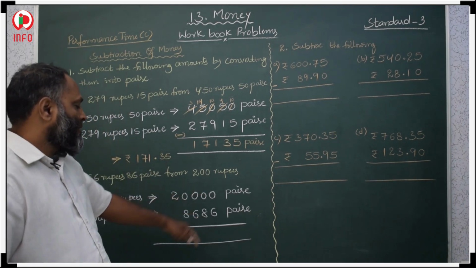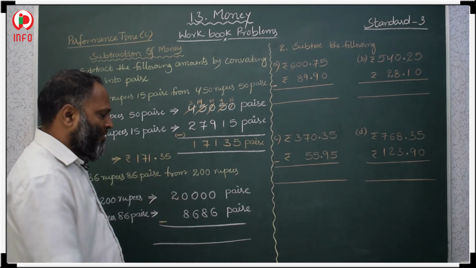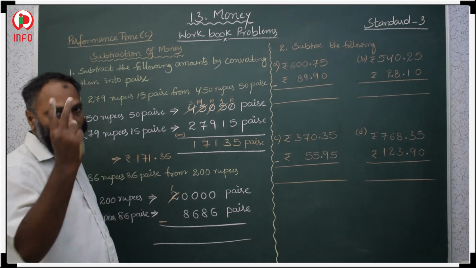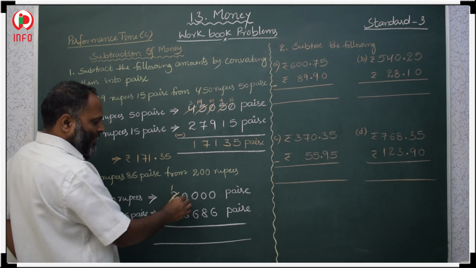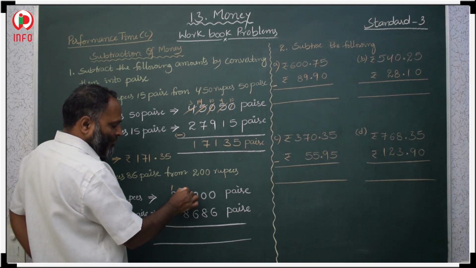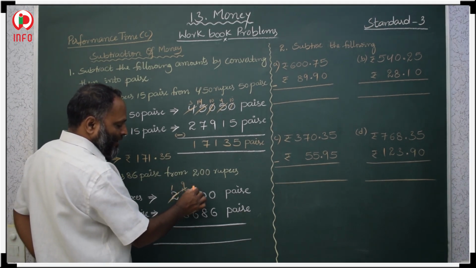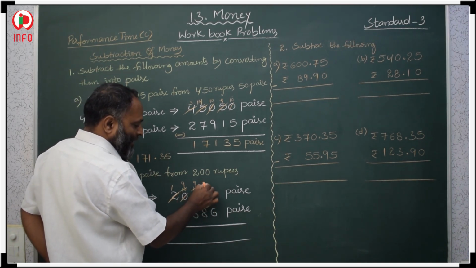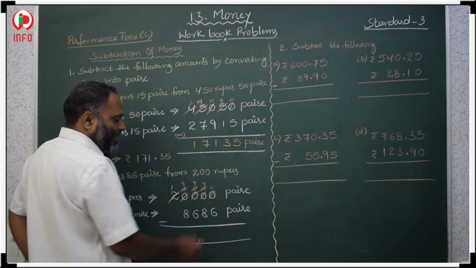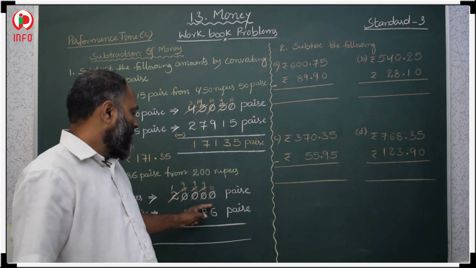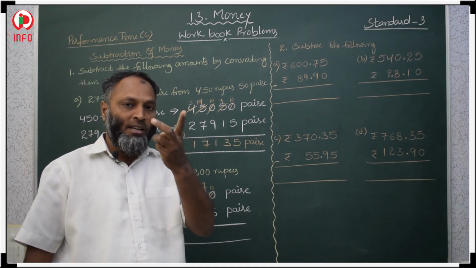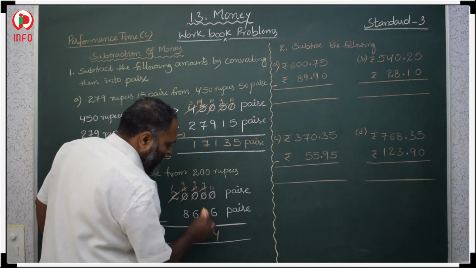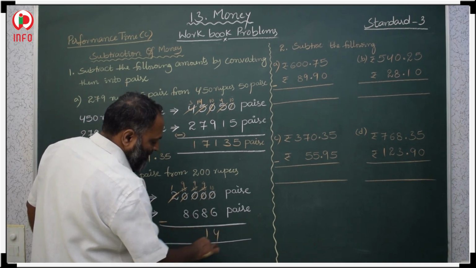Here all are zeros now, so we cannot subtract, so borrow from here. If you borrow from here, you will decrease by 1, means 2 decreases by 1, so you get 1. Here you will get 10. Again borrow from here, you will get 9 here and 10. The same again, 9 here and 10 here. Again 9 here and 10 here. 10 minus 6 means 7 to 10 we have to count: 7, 8, 9, 10. It is 4. 9 minus 8, consecutive numbers' difference is 1.